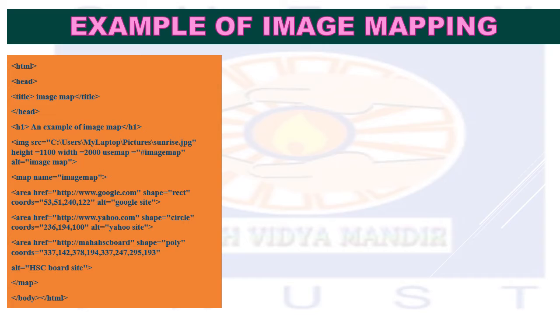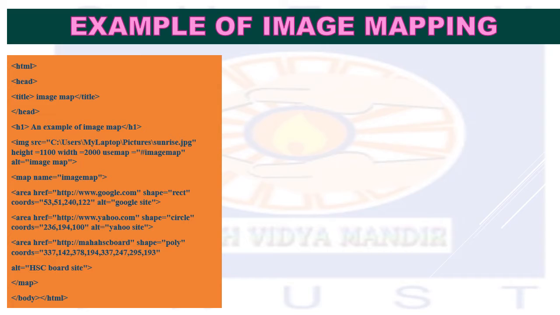Here students, we have to take a JPG image only, and here I have specified the height and width of the image. Why do you have to specify the height and the width? Because in this image mapping we need a larger image, a big size image that should cover your whole screen. If your image itself is very large, there is no need of height and width, but if it does not cover the whole screen, then you have to specify the height and width of that image. That is what is given here.